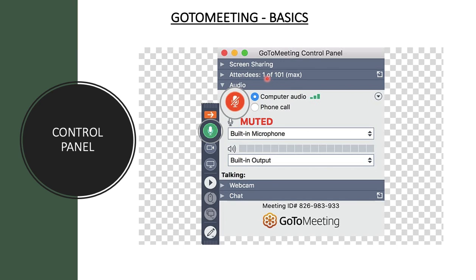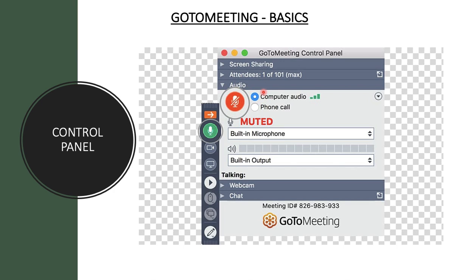Now here you are seeing 1 of 101, so it means that only one person, that is the organizer, is right now a part of this particular meeting. And as and when people log in with the meeting ID, you will see the number increase. So it becomes 10, 15, 20, and then you know that okay, all the people have joined. So you could check the attendee list from here.